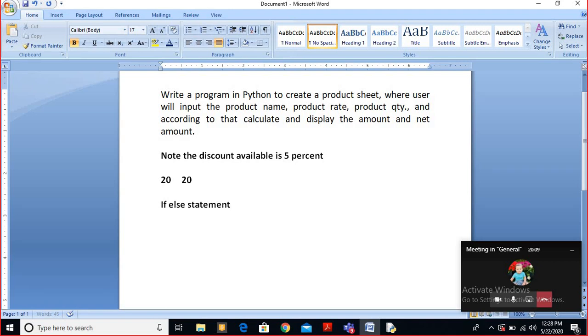If else statement is the conditional statement in Python to take a result or action on the behalf of the condition.